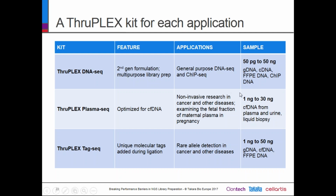We have also people that have tried less than 1 nanogram, and they still can get good data. And the latest that we have developed is the Triplex TAG-seq kit. So it's a similar chemistry, but unique molecular tags are added in the adapters, and so they are incorporated in the DNA fragments during ligation. And this is useful for people that are interested in detecting rare alleles that can be as low as less than 1% of frequency. And in this case, we also recommend 1 nanogram to 50 nanogram of